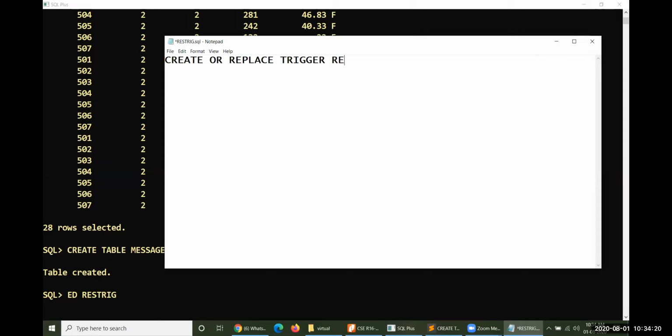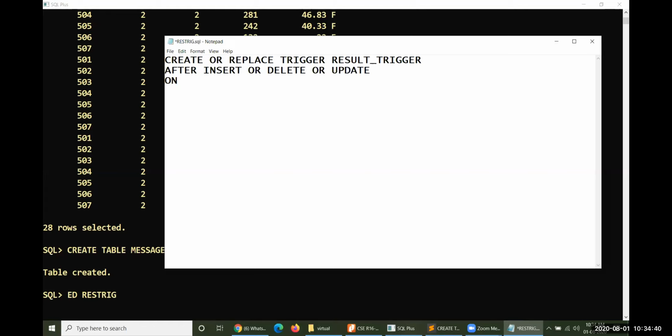The trigger name is RESULT underscore trigger. What I am trying to do here is, after an insert or delete or update operation, on which table?